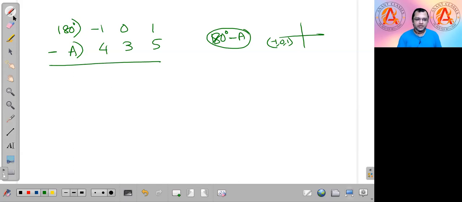Remember, in case of minus, the process was exactly reverse. So here we get -4 and here we get 0. So this will anyway remain -4 only. And here we get -3. But in case of subtraction,